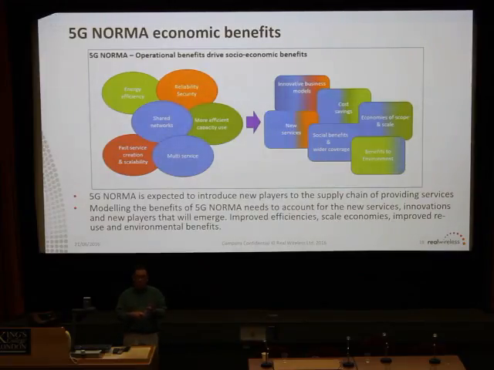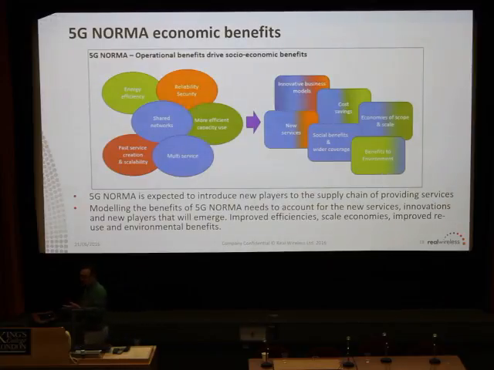We don't really know what the network will be. We don't even know what the services are all going to be in their entirety. And we're still trying to work out some of the aspects of the architecture and all these other things. So how do we go about trying to get some handle on the key outcomes that are actually going to drive whether it's going to work or not work? There's no point doing it if it's not going to be commercially feasible. Okay. So key things.